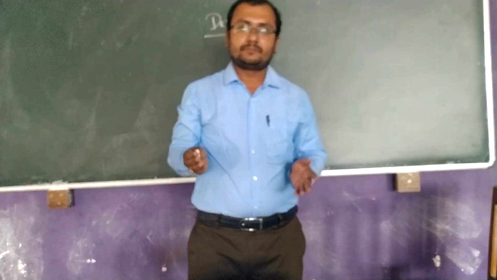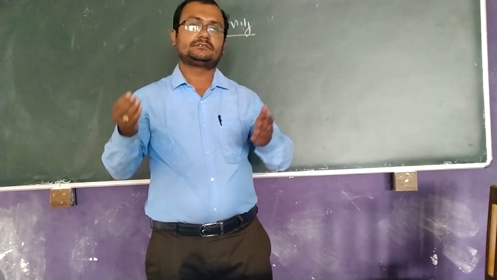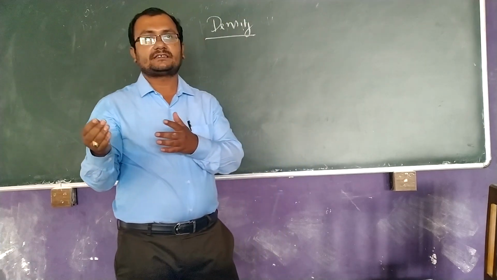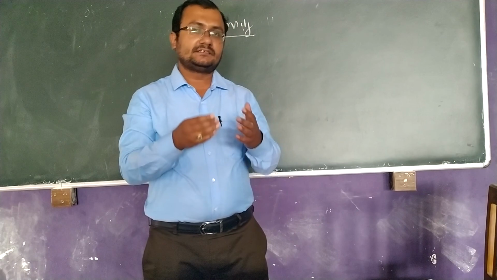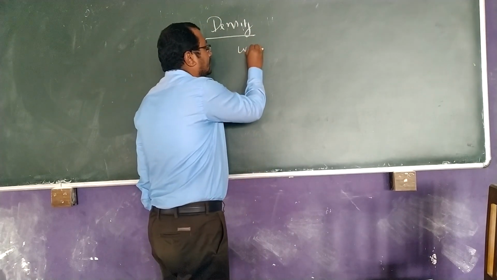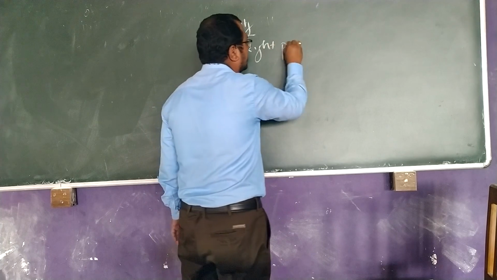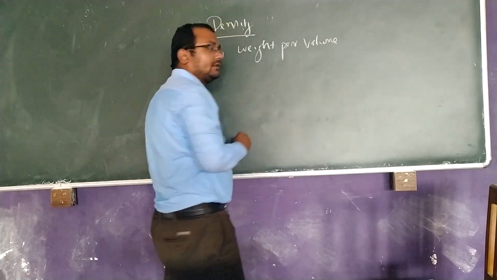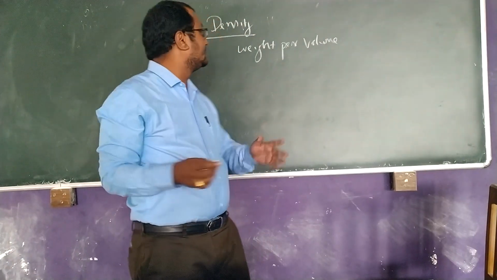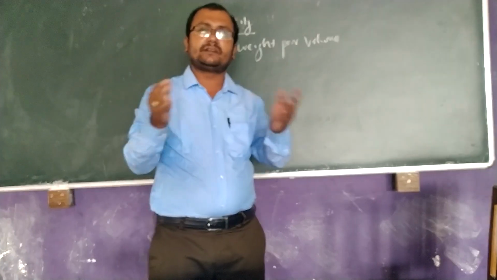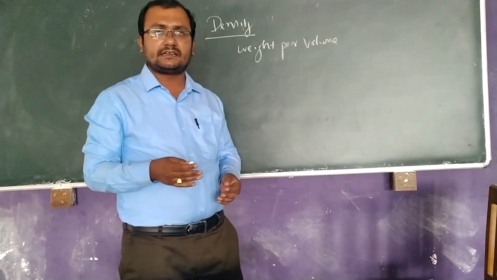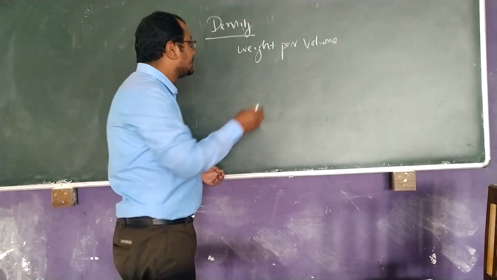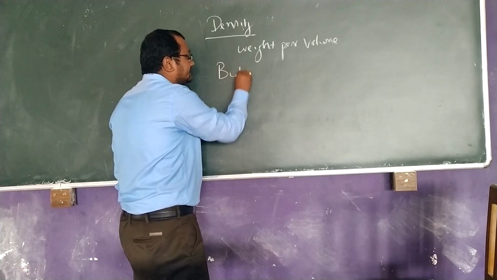What is this density, and how are we evaluating different drug molecules and liquid doses, how are we evaluating the density term? Because density generally we see for a particular liquid. Generally we calculate it by taking weight per volume. For solid dosage forms it will be different. It may be bulk density, or granular density, or true density. So let us discuss bulk density.